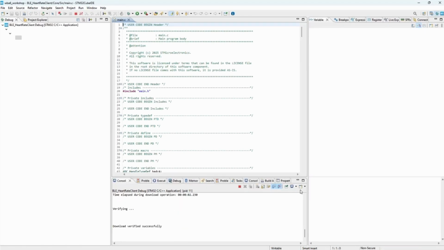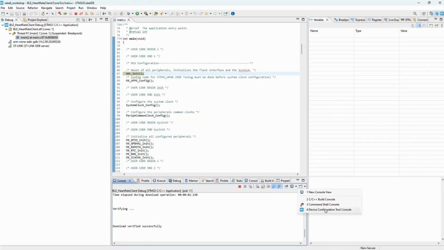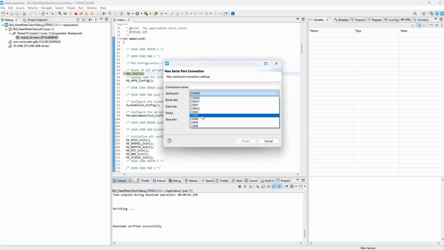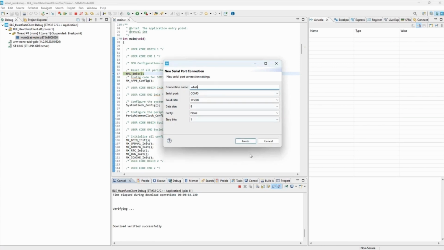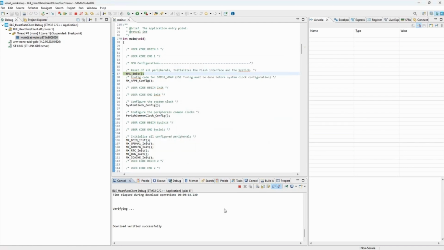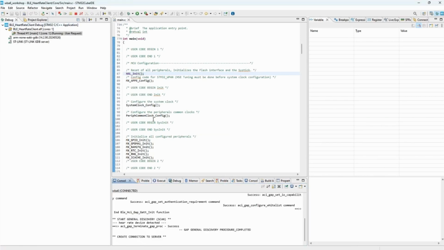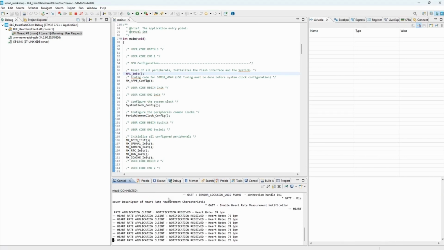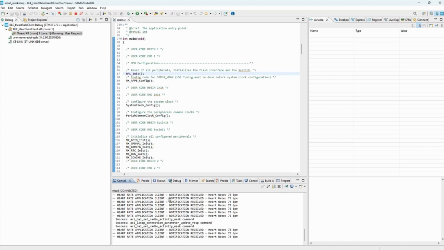And while loading, I also want to open the command console. So I will open the serial port. There is nothing here, so I know that my board is COM port 5. So it's the WBA6 board, and I'm okay with the default parameters. Okay. Yeah, connected. So let's run. I can see that it created the connection to the server and already activated the notification. So I'm receiving the data